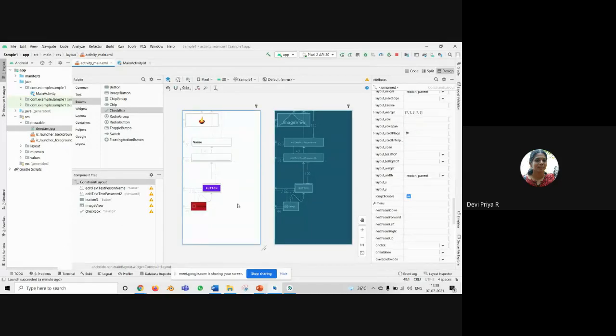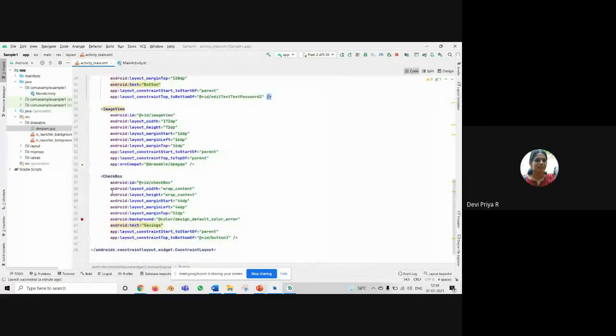You can have any number of checkboxes. And if you want to add a radio button, normally in a radio button you have the option to choose only one choice. In a checkbox, you can have multiple choices. So it's okay to have the checkboxes independently, whereas in a radio button, you can choose only one thing. So what you can do is create this in your code. That means you can create a radio group. Whenever I have created something, like a button or checkbox, the program is already being created.